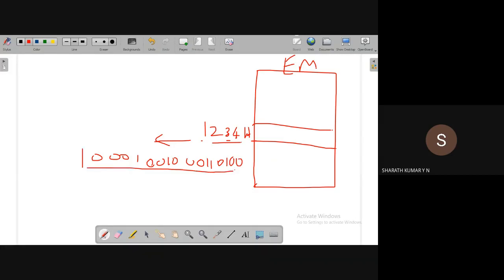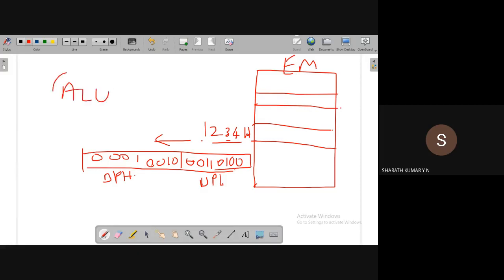This 16-bit address is stored in DPTR. The upper 8 bits are stored in DPH, the data pointer high register, and the lower 8 bits are stored in the data pointer low register. Whatever location is to be accessed by the microcontroller, it first transfers the address to DPTR, which is a 16-bit register, and this DPTR in turn helps in accessing the external memory location.